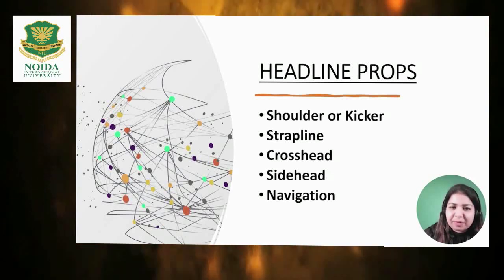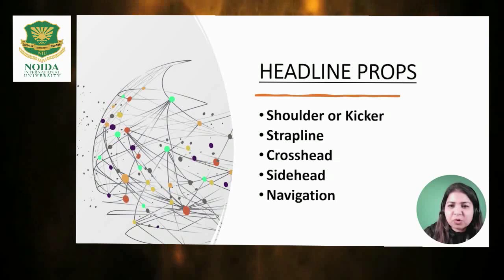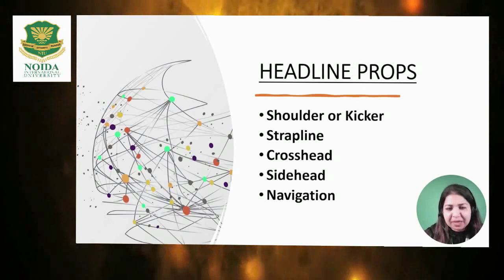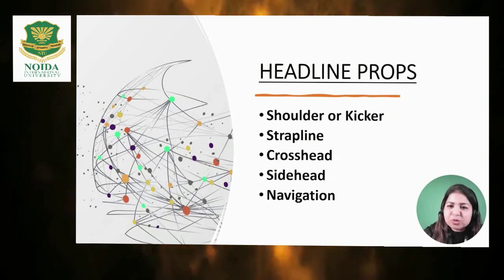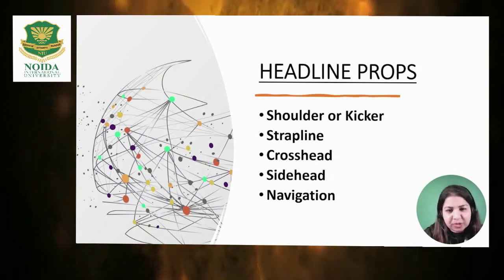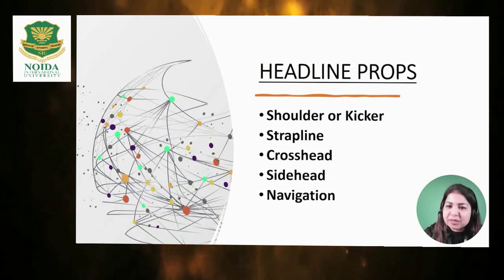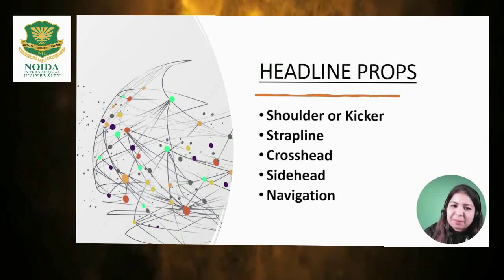Another one is strapline. In terms of positioning, a strapline may be defined as the reverse of a kicker or shoulder, as it is placed beneath the main headline. Other attributes of a strapline are almost the same as those of a kicker or a shoulder. A strapline works as an extra hook to draw the reader into a story. This is done by providing additional information that makes it easy for readers who are in a hurry